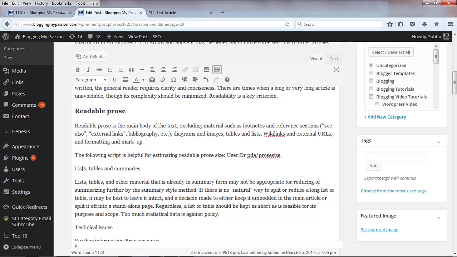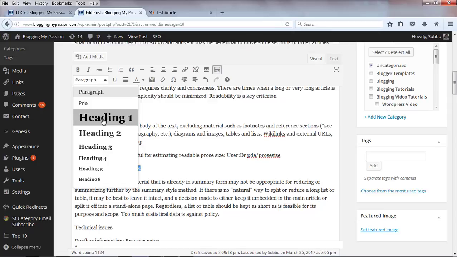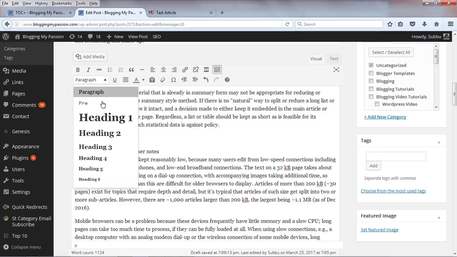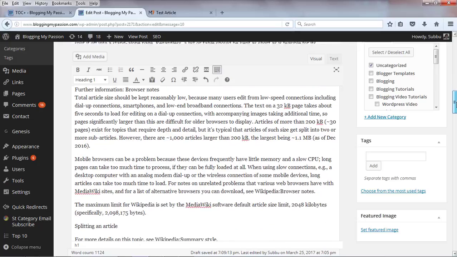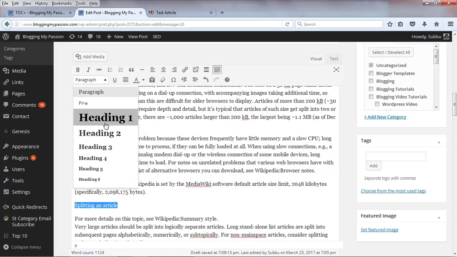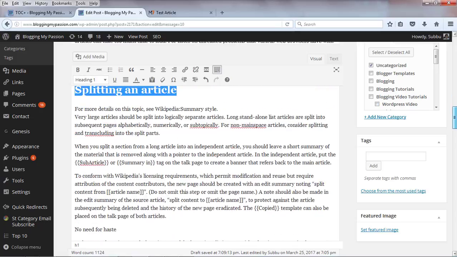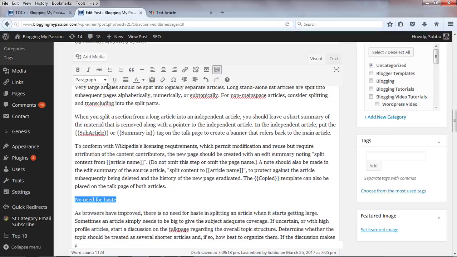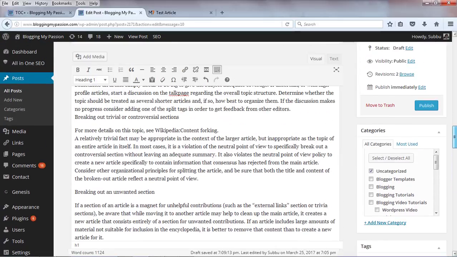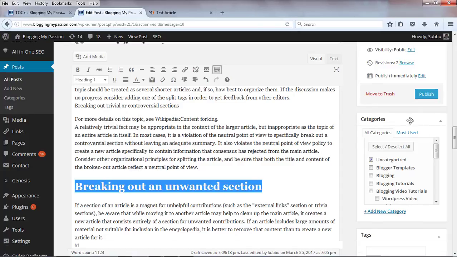table of contents here. So lists, tables and summaries, I'm making it H1 again, and technical issues, I'm making it H1, heading 1, and next a few more things, splitting an article, heading 1, and no need for haste, I'm making it heading 1. So breaking an unwanted section, I'm making it heading 1. So let's save this one